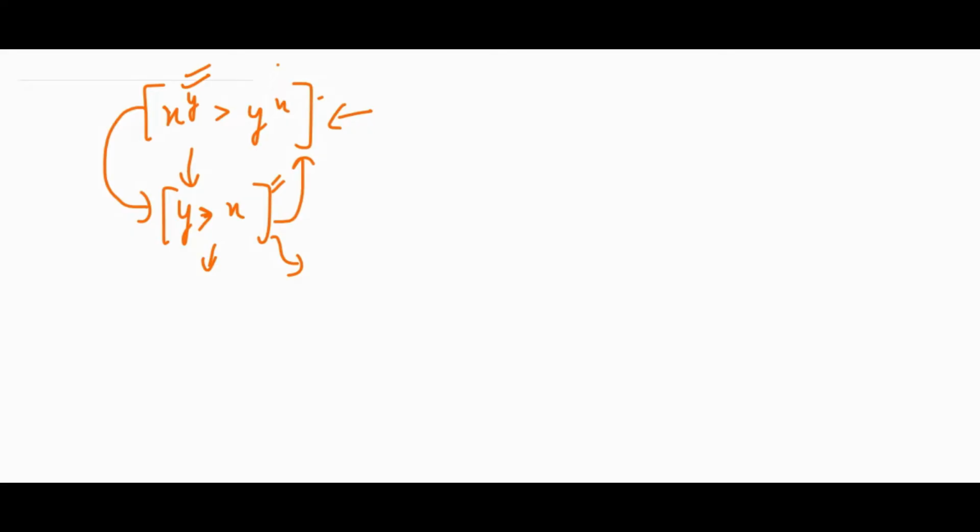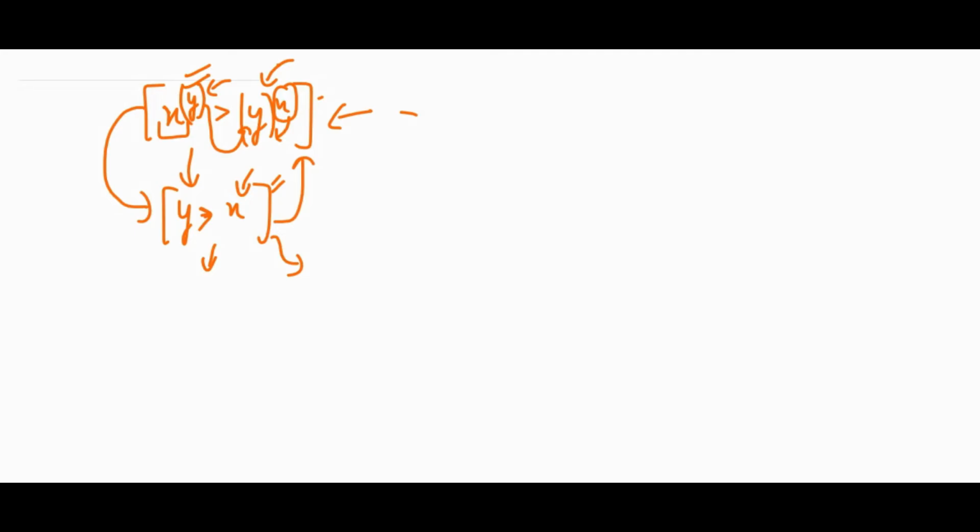Because as you can see, if the power value is greater, and this is the base here, and x is smaller than y, this is sure because we are reducing this. Here x is smaller but its power is greater. So we can say that if the power is greater for any value, it has a probability that it will be greater than the other value. You can take some example.